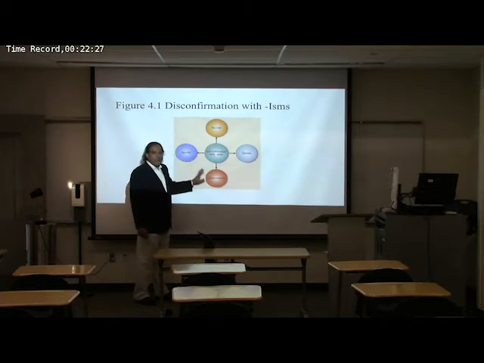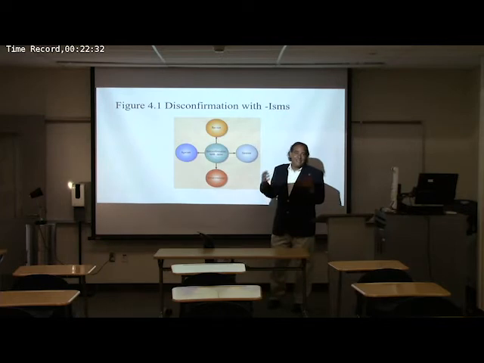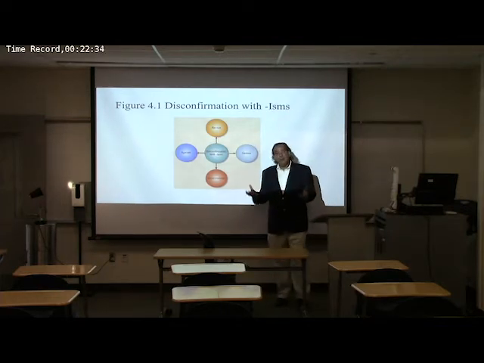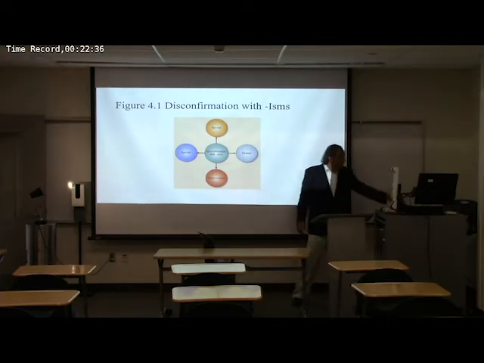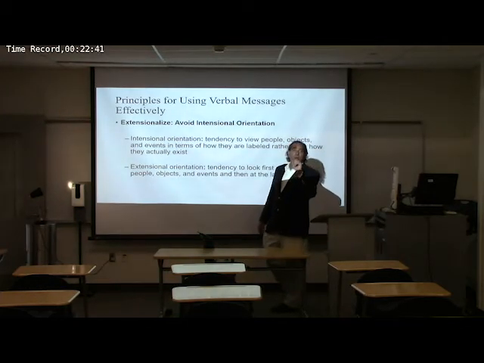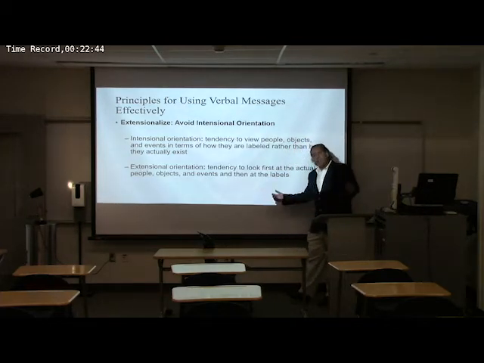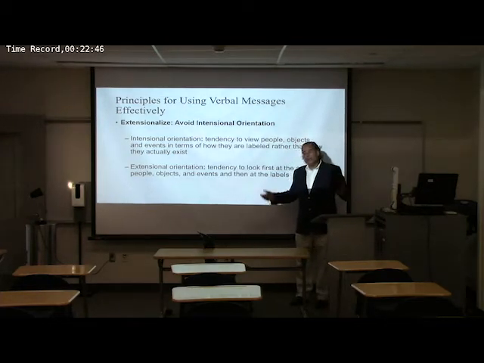So trying to avoid disconfirming individuals with these isms is something that logically makes sense. We don't want to be racist. We don't want to be ageist. But you remember, we do have a natural biological tendency to try to categorize. And so we have to constantly remind ourselves to break out of that biology and put ourselves in a better position. So what are some tips and techniques that we can do to get around this?